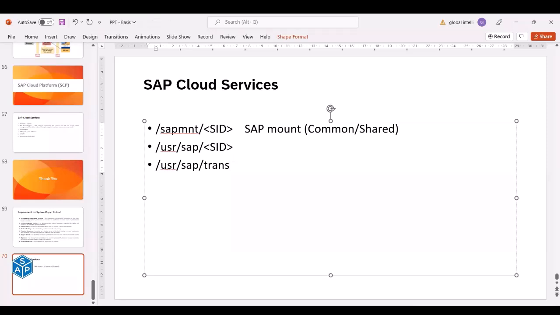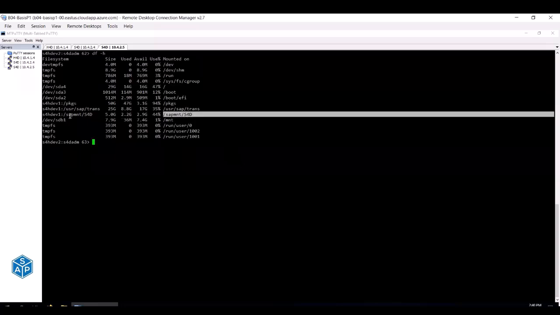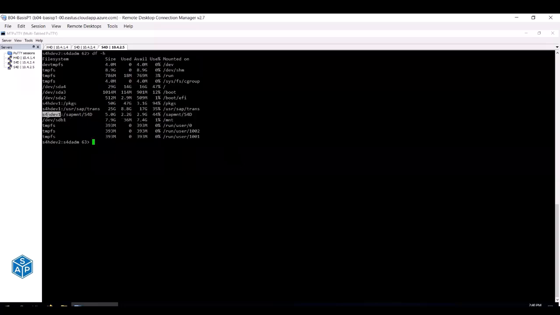So now coming to SAP MNT. Here can you see the SAP MNT SID is a directory which is coming from your S4H day one. It is coming from your primary application server. So it's a remote directory. It's an NFS, a network share. It is shared from your primary application server and mounted on your secondary additional application server. Now, if you go into this directory,